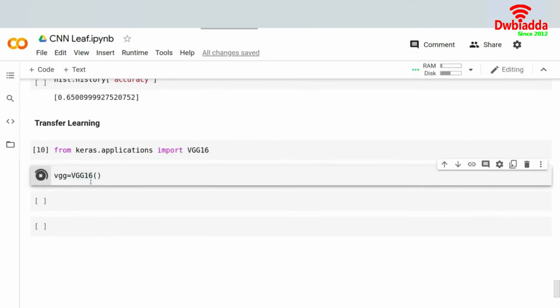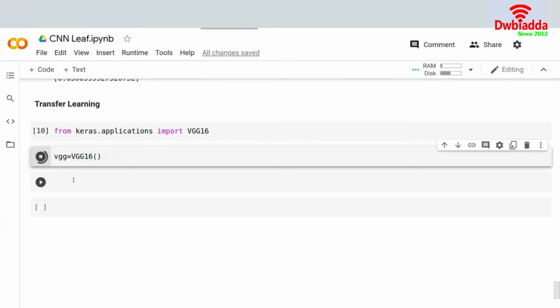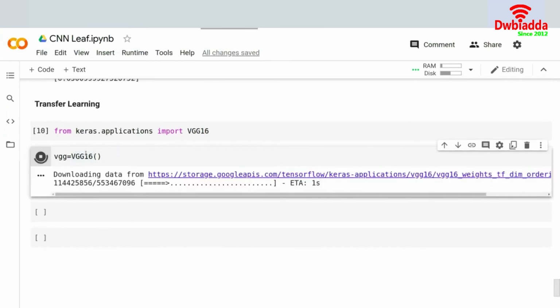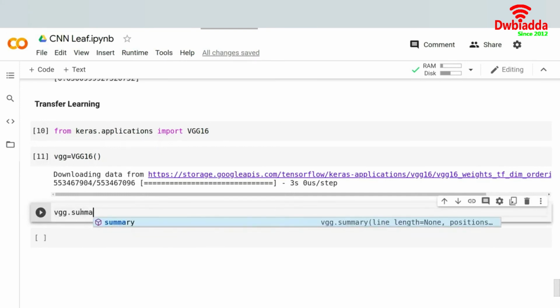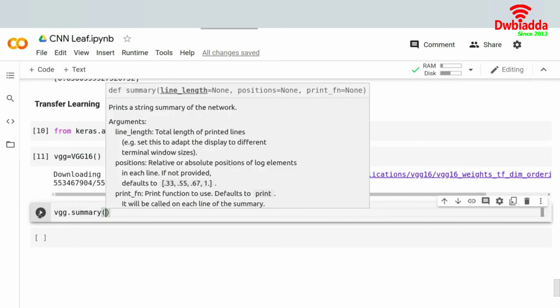And then if I were to give you a model summary of what VGG16 looks like, basically first it will download the model weights from here. I will discuss it in the next lecture, when we have a complete look at the concepts. But yes, I'm creating a VGG16 model over here, and because this is a trained model, it's actually downloading the data from a particular API. And then if I were to give you a look at the VGG16 summary, you would basically see that